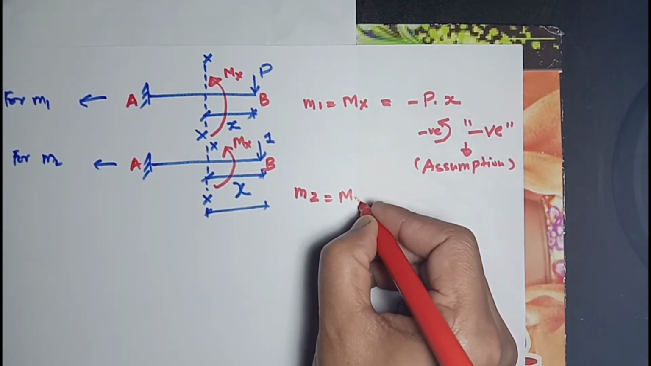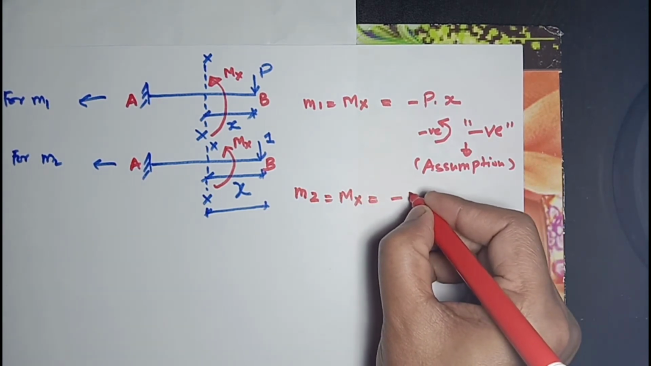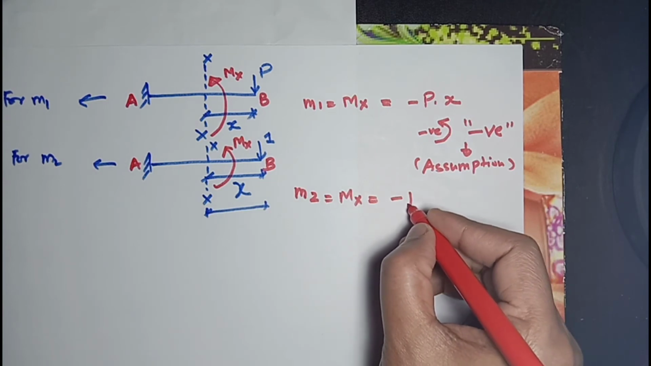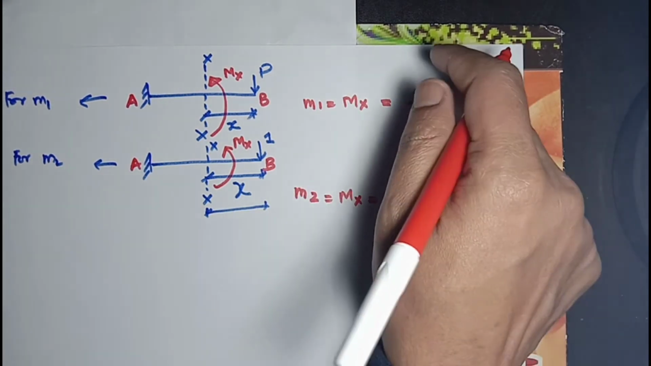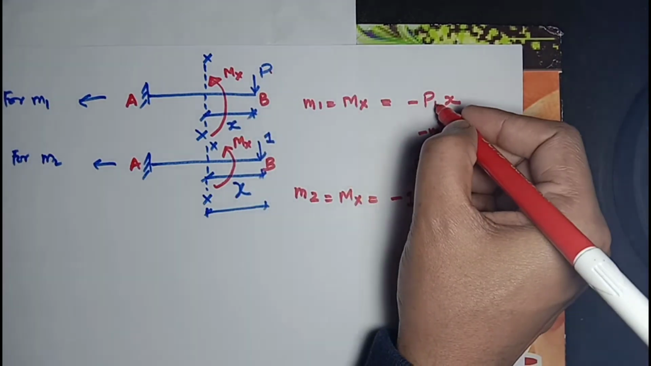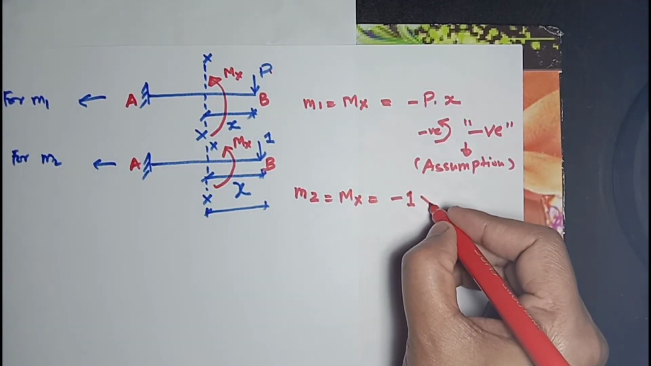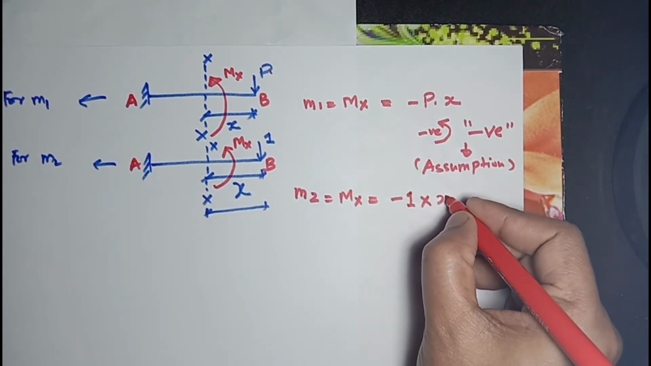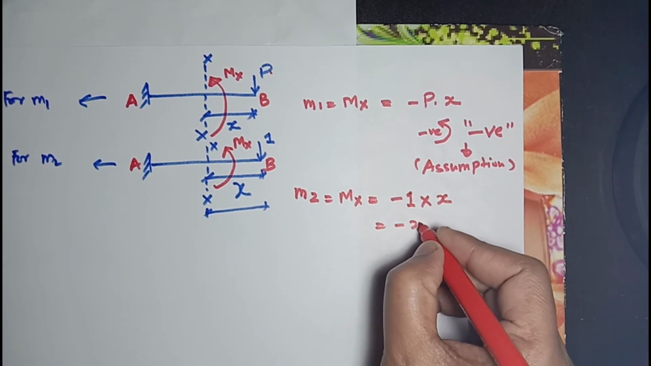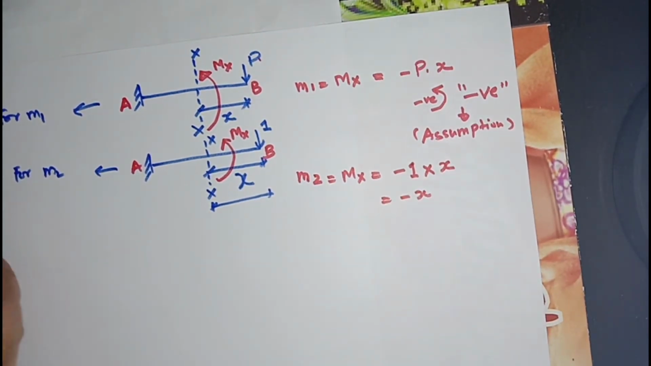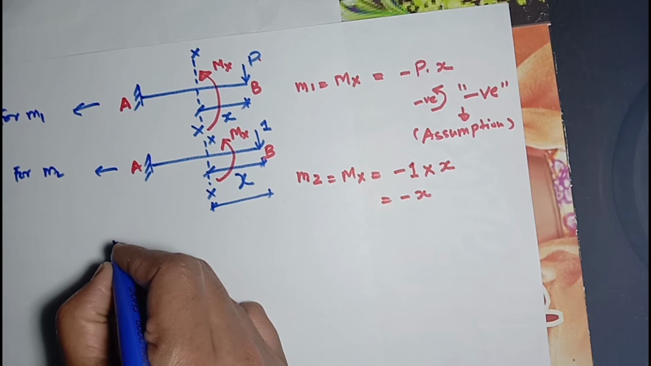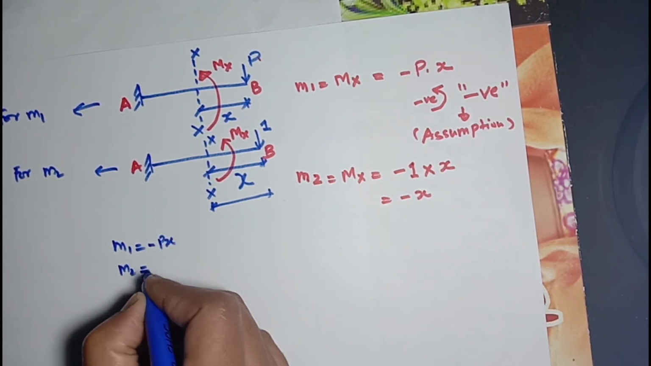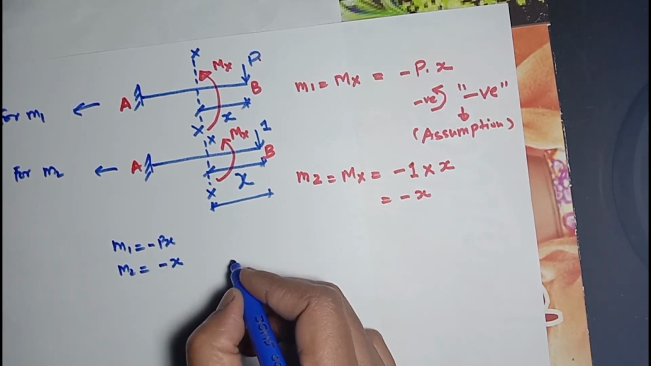Mx will be minus, instead of P we will take a load value of 1. In the case of applying load P, we took P multiplied by distance x, load multiplied by distance is moment, so that is equal to minus x. Okay, now we have calculated M1 equal to minus Px, M2 equal to minus x, and from the expression of